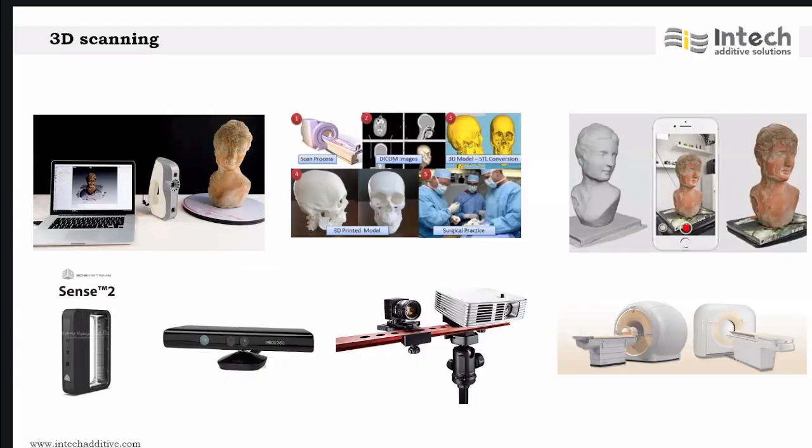If the model is too complex, of organic shape, and it's very hard to reproduce, or if it is, let's say, a vintage or an obsolete part that you want to recreate, then we can go in for the method called 3D scanning. This is basically a reverse engineering process, which involves different 3D scanners. Like you could see, we have desktop scanners, which are very compact and affordable also, where you point at the object and it captures the point clouds, from which you create a